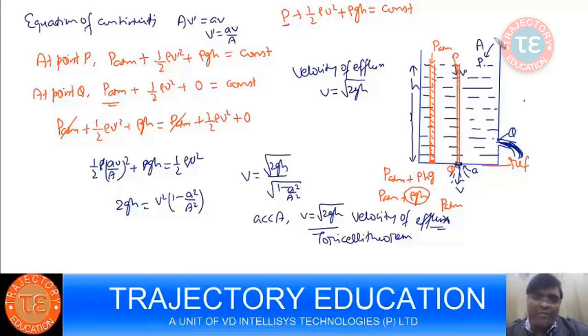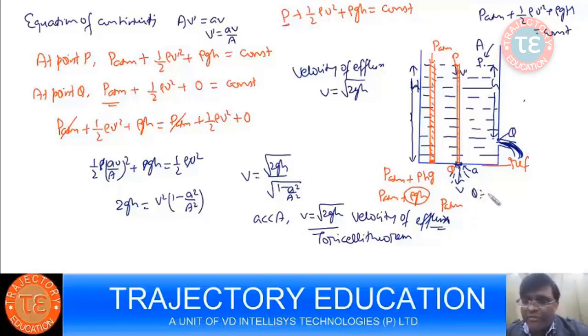At point P, again I have P atm plus, if I take this as reference, rho g H. Say I call this capital H and I call this small h. So it's rho g capital H equals constant,